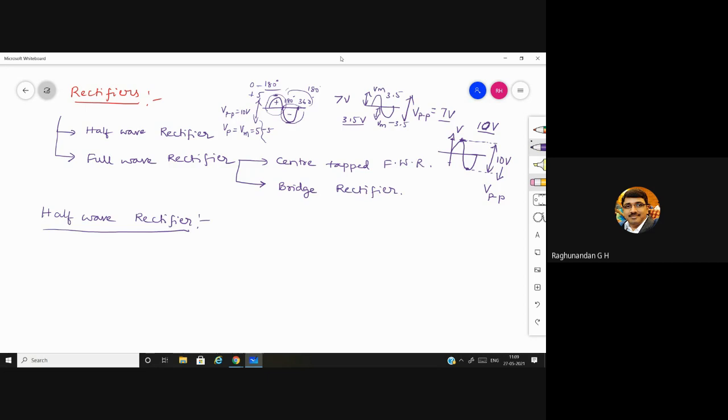If suppose they are just asking you what is the peak voltage, they are not telling peak to peak, they are just telling what is the peak voltage. Peak voltage means you are just considering the peak level of half cycle, whether it might be negative or positive. This will be 5 volt, this will also be 5 volt, even if this is negative and this is positive. The peak to peak signal of 10 volt will be equally divided among positive as well as negative.